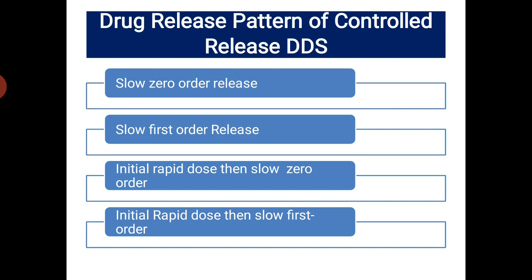What does a zero order process mean? In the case of drug release, a zero order process means the process that is independent of the concentration of drug present in the delivery system. The drug is released from the delivery system into the GIT. If it follows a zero order process, that means the release of the drug is independent of the concentration of drug present in the delivery system. Whereas in the case of a first order process, it depends upon the concentration of drug present in the